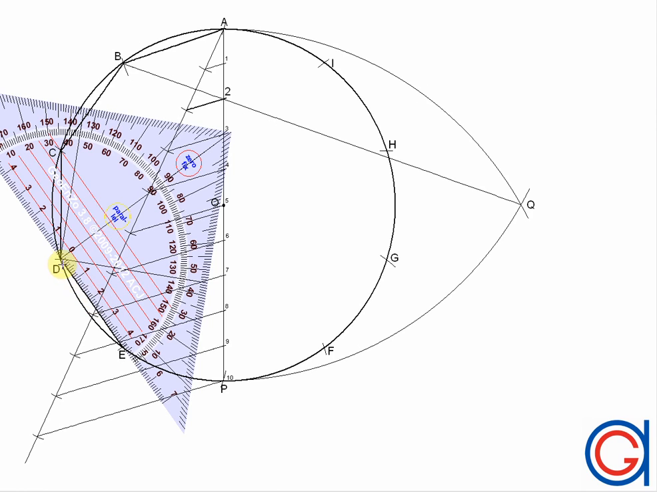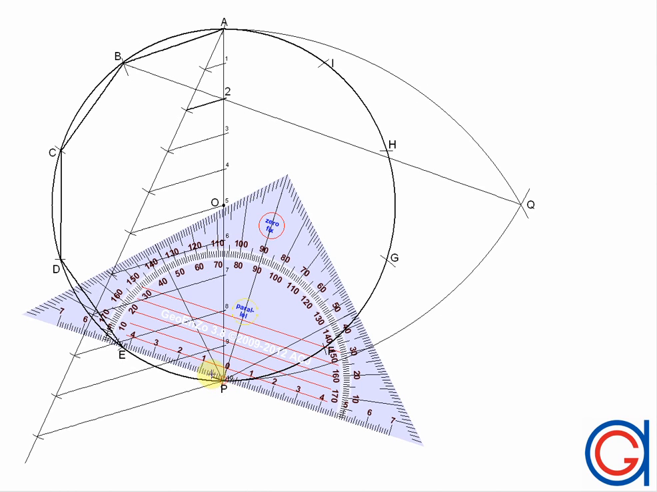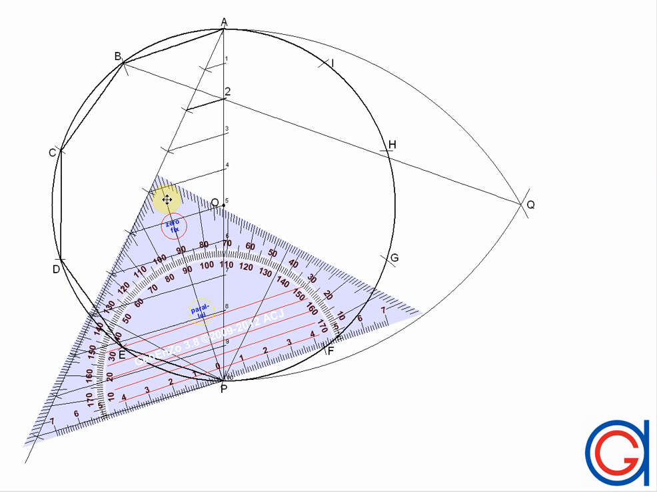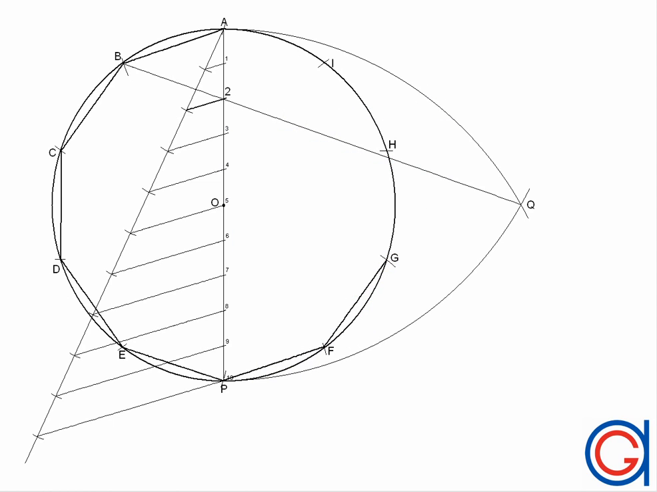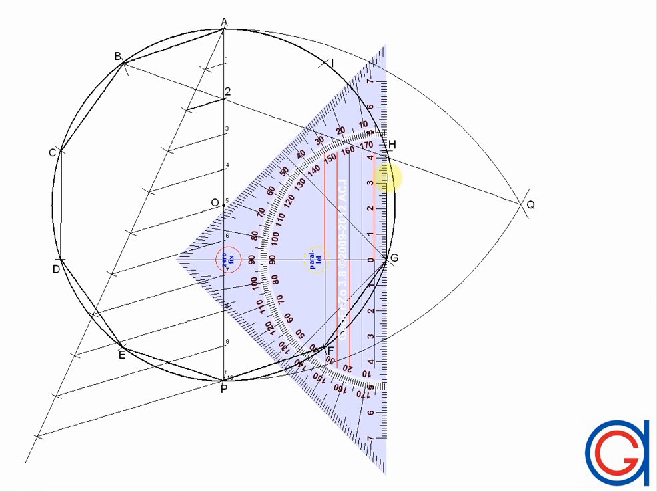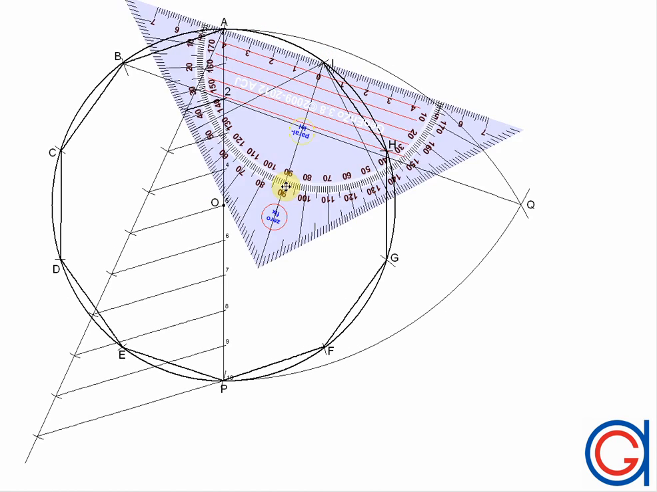So finally, now we join the vertices as shown: A to B, B to C, C to D, D to E, E to F, F to G, G to H, H to I, and finally closing the polygon by joining vertices I to A,